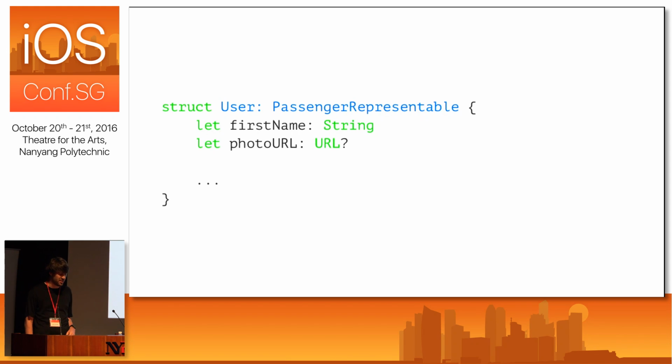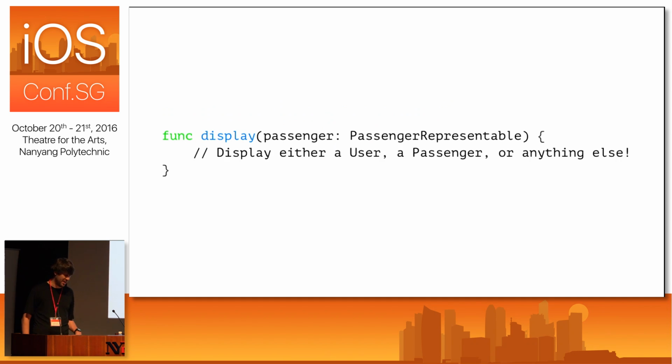We don't actually have to change anything here since we're using the same property names and everything. And then we conform our passenger struct wherever that lives as well. And then finally, we update this display function to use passenger representable instead. And this allows us now to set a user or a passenger or anything else that conforms to this protocol without having to duplicate display functions per model that we want to be able to display in this reusable collection